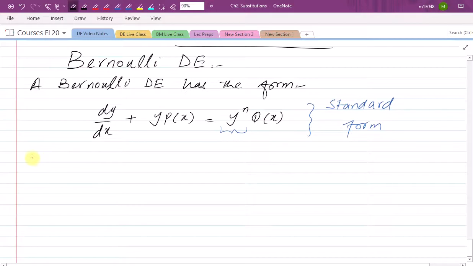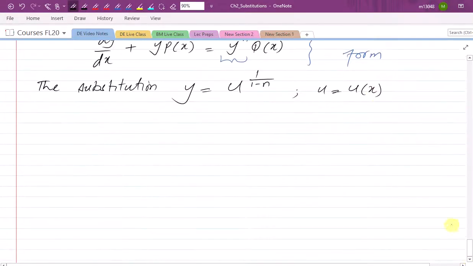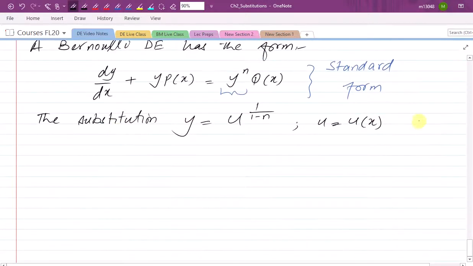So if we have a Bernoulli equation, then the substitution is y equals u^(1/(1-n)). u is a function of x, once again, and n is a number which is coming from here. This is the n we use here, and u is a function of x. It is unknown to us, but a function of x. The substitution will convert